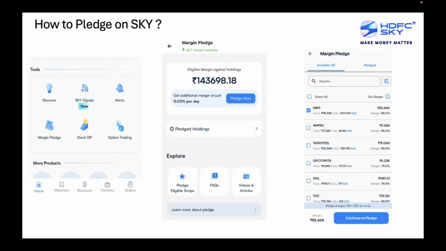So first thing we will understand is how you can pledge on Sky. Having understood, hopefully it's clear what pledge is. Let's quickly understand how you can pledge on Sky. So quickly, what you can do is you can launch the Sky app. On the Sky app itself, when you launch, in the home screen, which is the Explore section, the first tab,